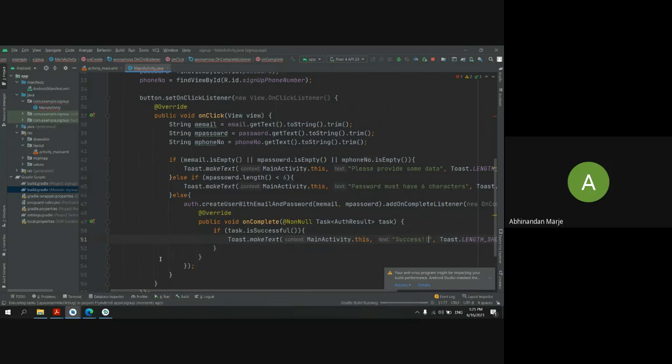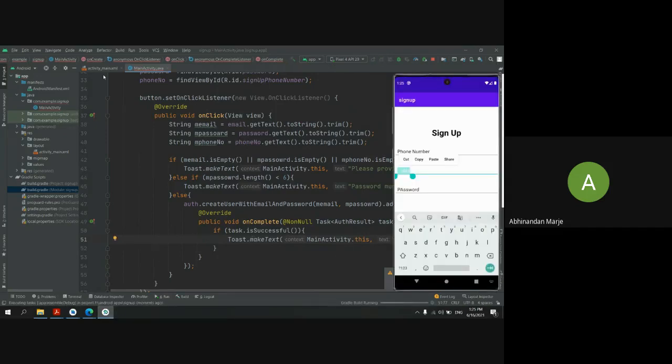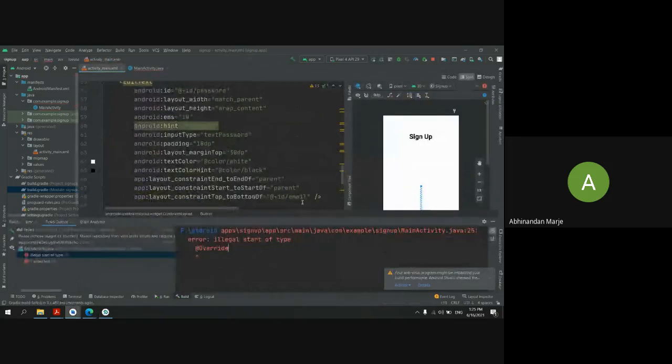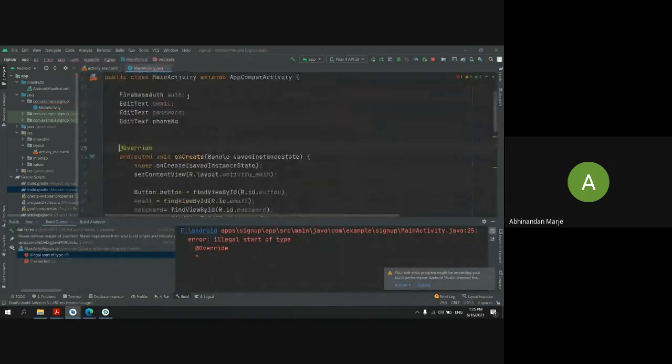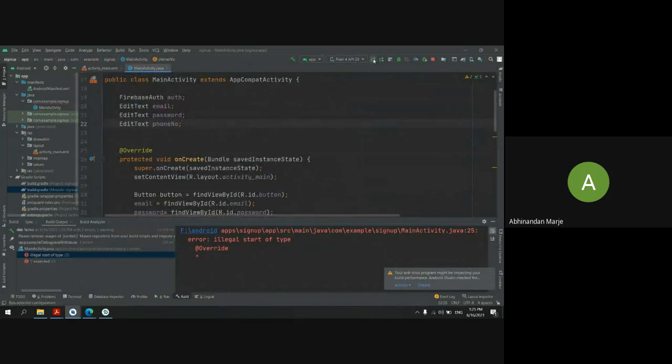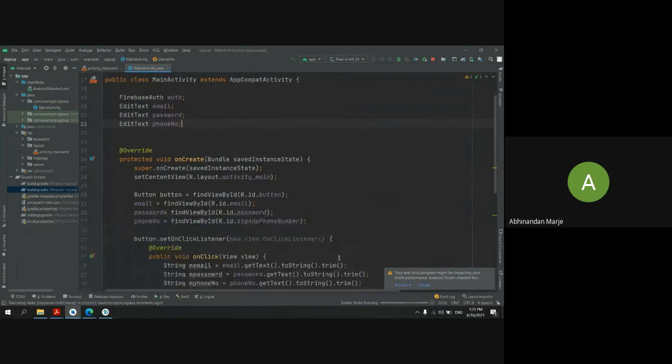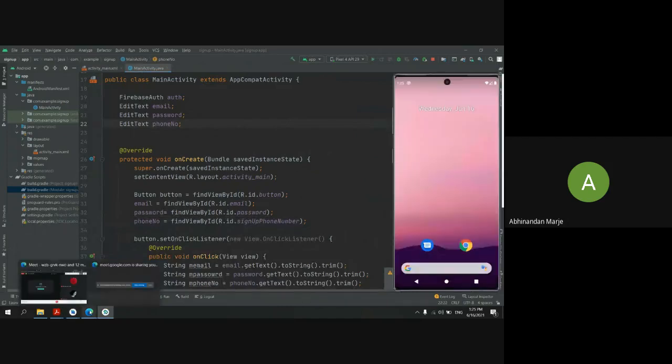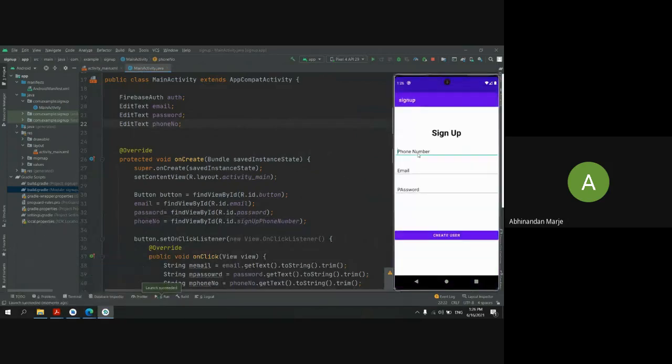Yes. So now let's check our app. Let's move a little bit. Okay, what are we getting? If I hit some phone number and if I hit some email, okay, I will not change the text color.